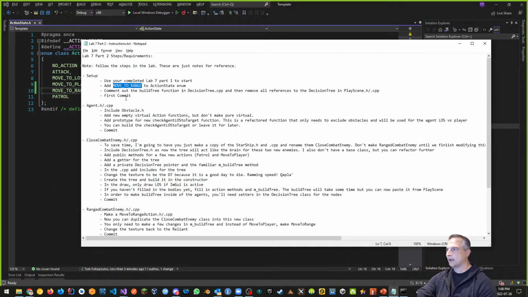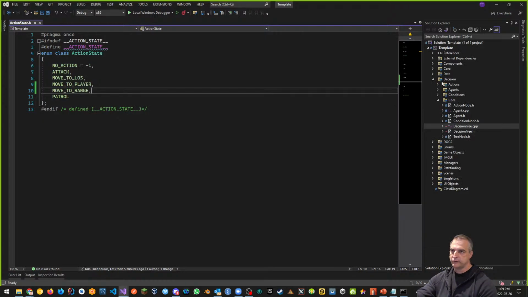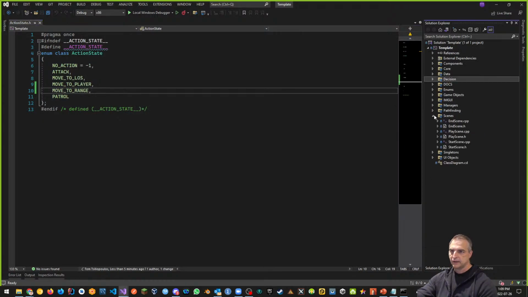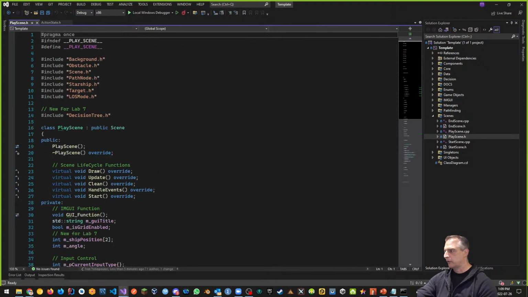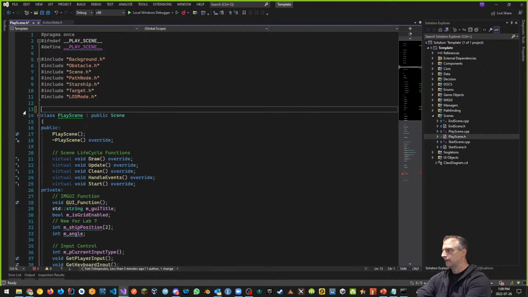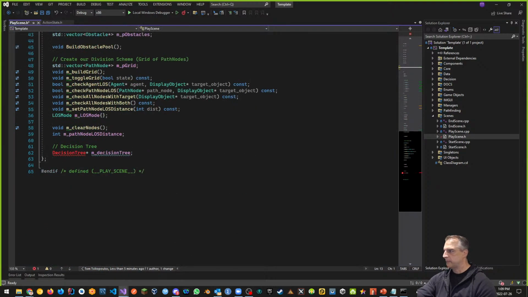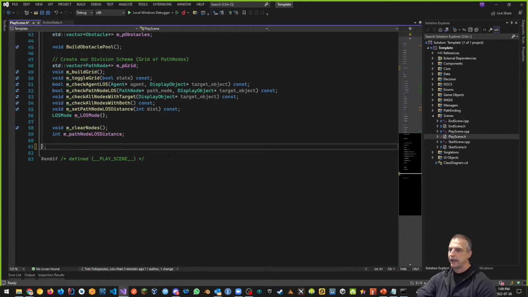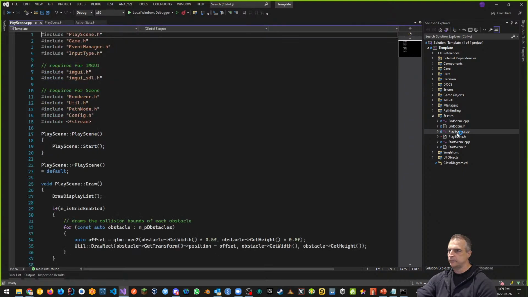And the next thing is, it says remove all references to the decision tree in the placing.h and CPP. So that's the next thing we're going to do. So we're going to go into the placing.h, and we're going to remove any references for the decision tree. So we're just going to do that. And this is going to cause an error that's going to appear here for decision tree, where we're going to just actually delete this one. There we go. And then when we do that, save,